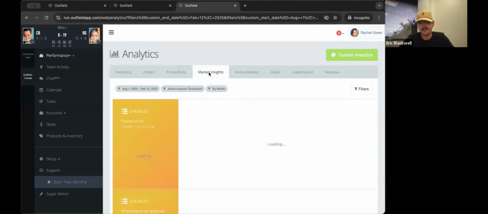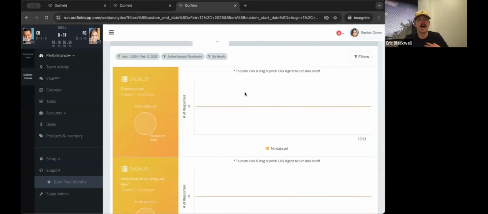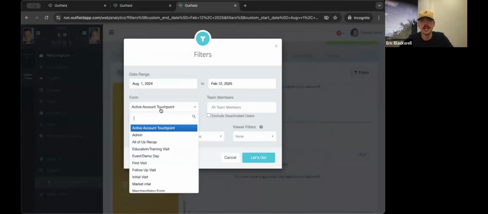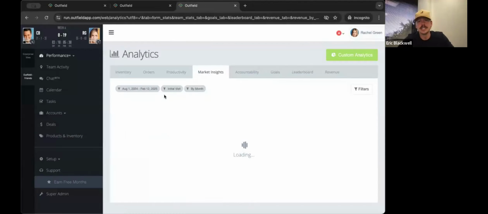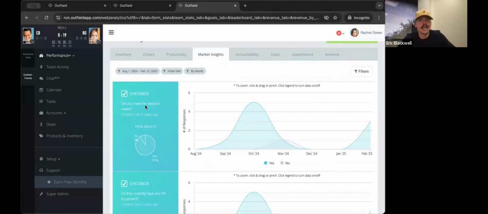These market insights, this is where some of you might be familiar with this, some of you might not be. This is where you can begin to aggregate the responses of your forms. So if you were ever interested in understanding, hey, how over the past month, 2 months, 6 months, whatever it was, has our cold call form been filled out, right? I'm going to hit let's go. I can't promise that we're actually going to get any data because it's a dummy account, but it's essentially going to read that form. It's going to spit out the stats, the responses, and basically quantify and analyze those things